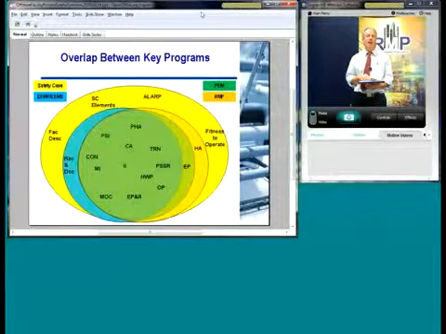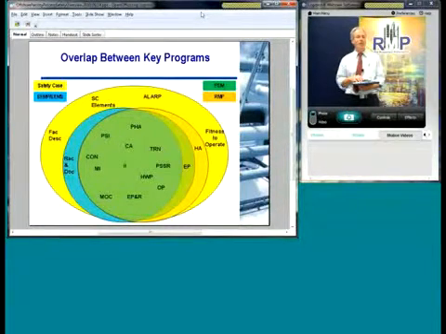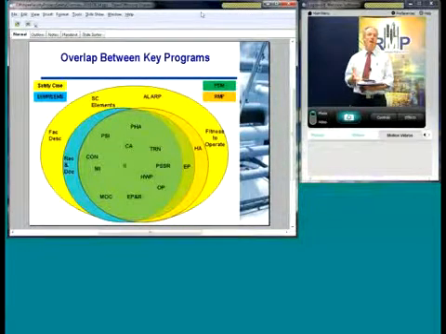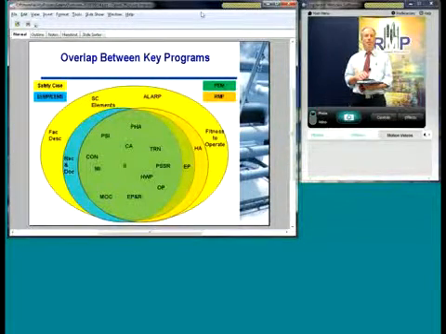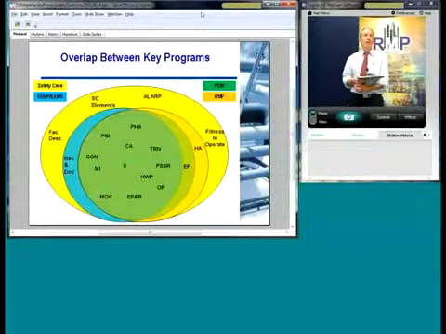What this diagram represents is I tried to illustrate the different elements that you'll see in lettering right in the center of your screen: II for incident investigation, PHA for process hazard analysis, MI for mechanical integrity. Those are all things that are common to all these programs. And what I wanted to illustrate is what's encompassed by process safety management, that's PSM, risk management programs, RMP, SEMS, safety and environmental management programs, and safety cases, to illustrate the fact that there's a huge degree of overlap and a lot of the core elements that really represent the majority of your integrated effort over the life of the facility are common to all those,